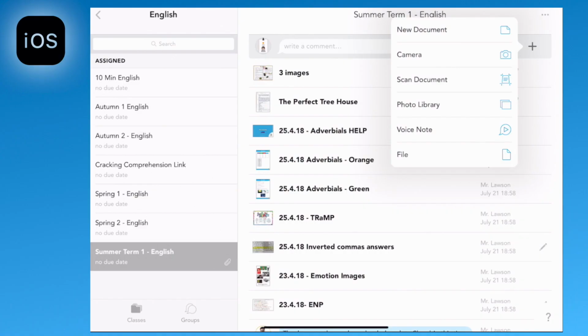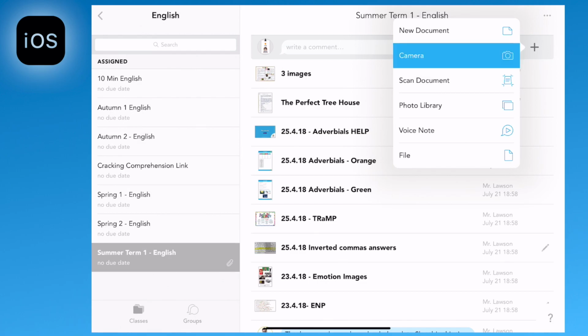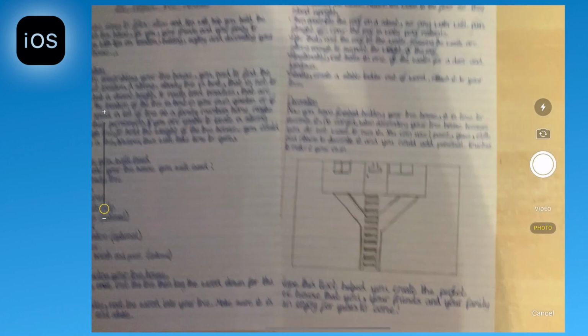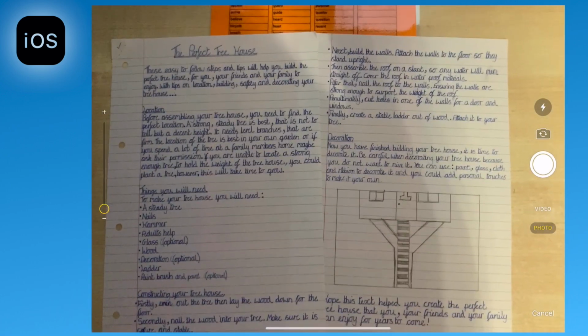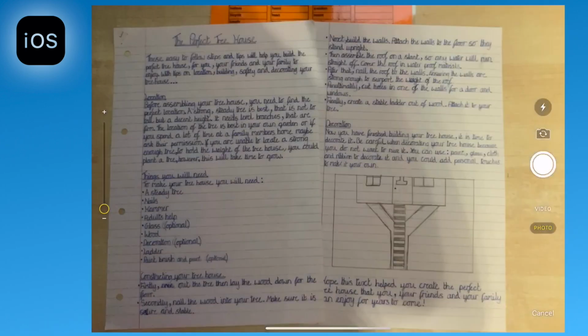Let's start by taking a look at the camera. The camera can be used to take pictures of people, items or work that you've produced. To use it, start by pressing the plus icon and selecting the camera. From here you can use the left hand side to zoom and the right hand side with a button to